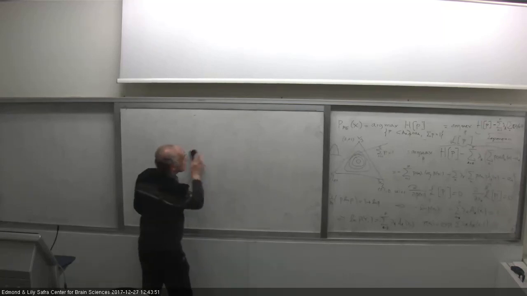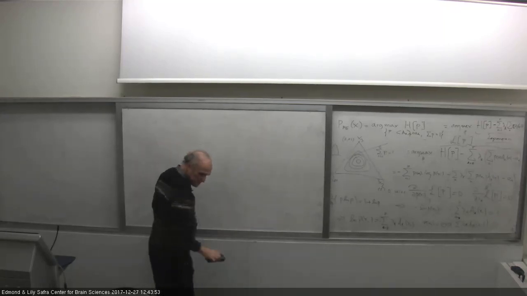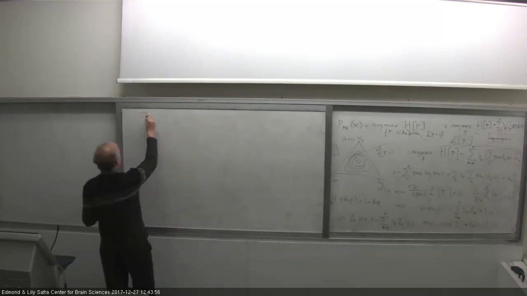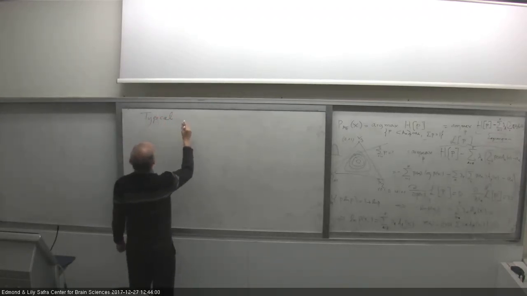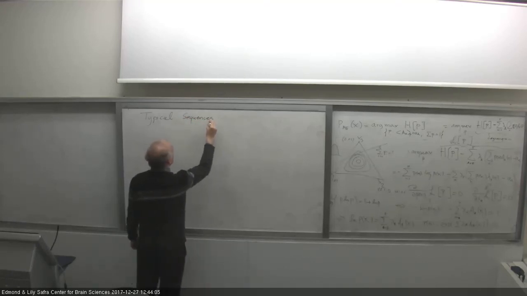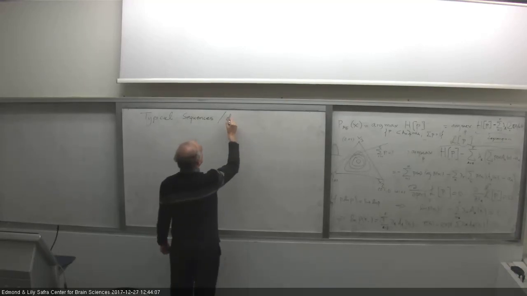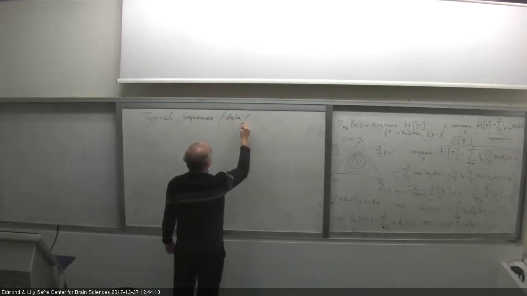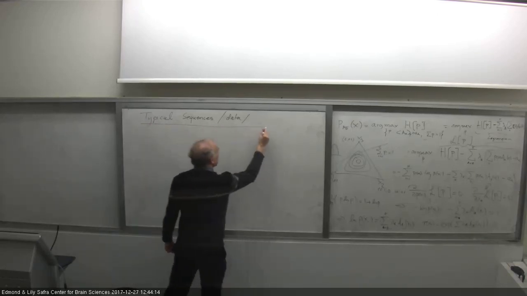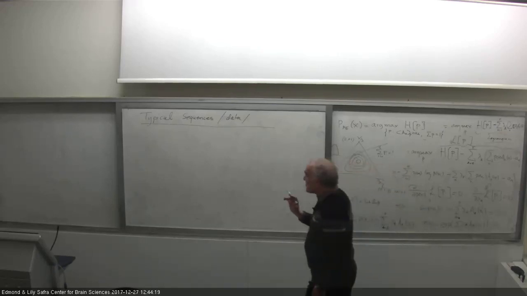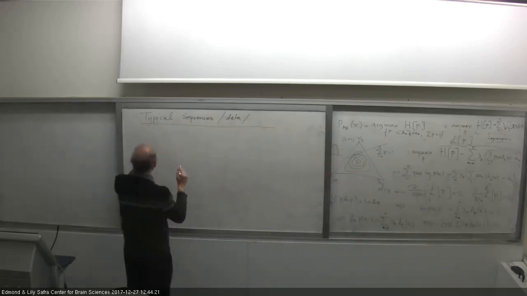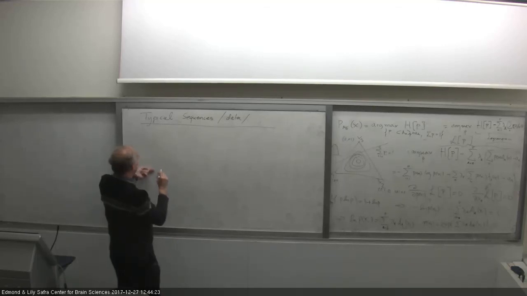This is called typicality. Typical data, or typical sequence. So we talk about sequences, but we're actually going to talk about data in a much more general form. Many things can be typical. So what do I mean by typicality? Let me start before I formally define it, and I'll do it on Monday.